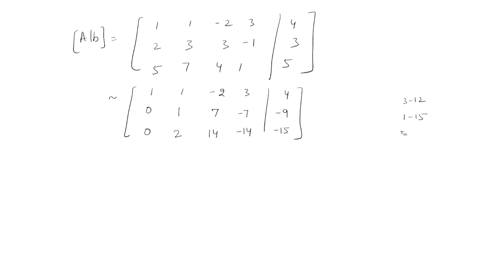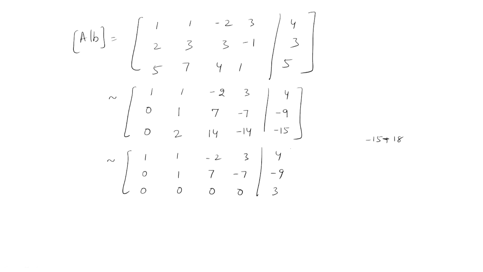Okay. So, what we have obtained here, what we have observed. Now, it is not an echelon form, you have to make 0 here with the help of this. So, how will you make this? Again take this row as it is, 0, 1, 7, minus 7, minus 9. This minus 2 times this will make 0, 0, 0, 0. However, this is not equal to 0. When you take this minus 2 times this, it is minus 15 plus 18.